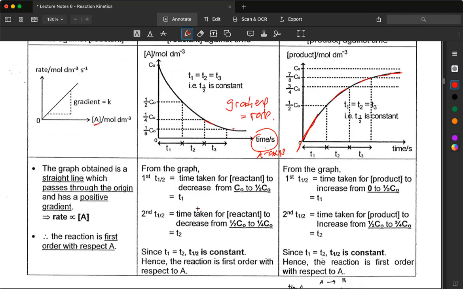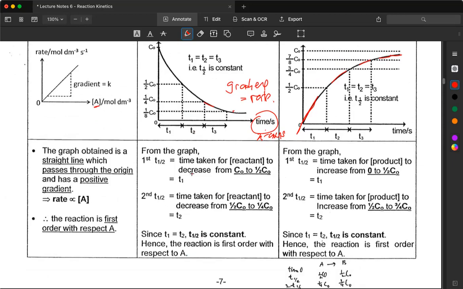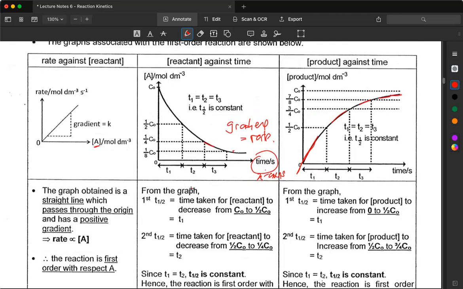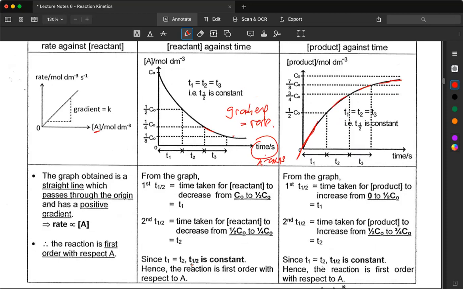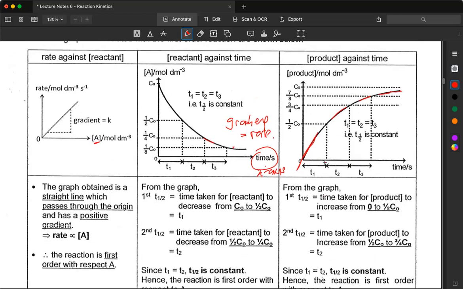So if the time taken for every subsequent half of the concentration to decrease is constant, then it is a first order. This is important. If you look at a graph and it happens to have this relationship, you can conclude that, hey, this is first order. Another graph shows the